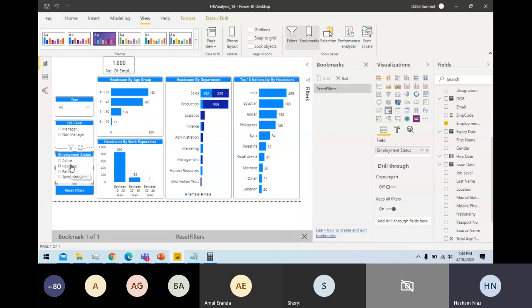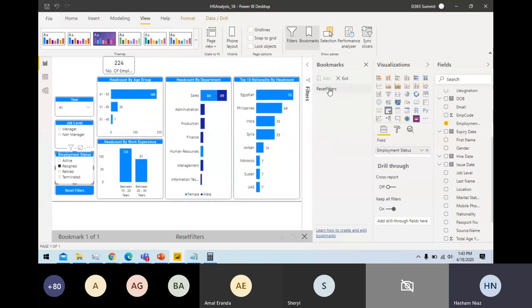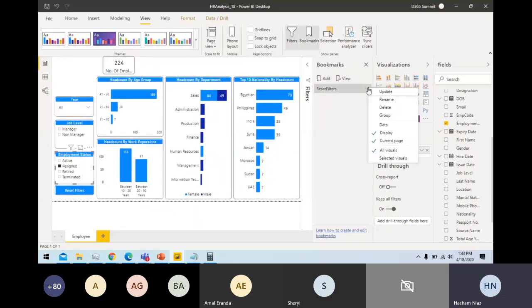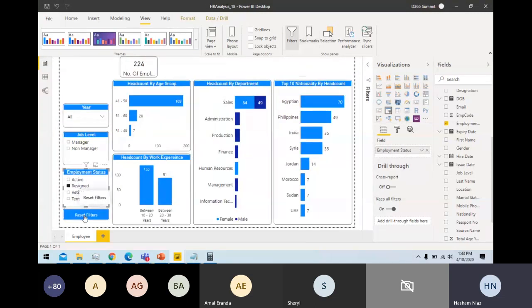So what it will do is, if I click restricted and then I click exit, and then control click this one, see, I'm control clicking it again, but this is not resetting the data. So I want my data state to be stored in my bookmark as well, so it could be reset. So if I enable data and then I update my bookmark, I click close. Now I click this reset.